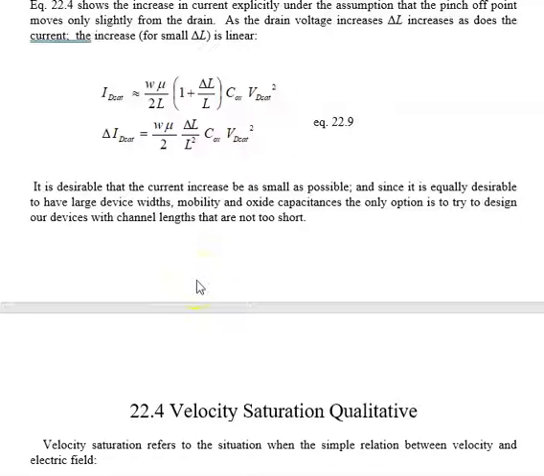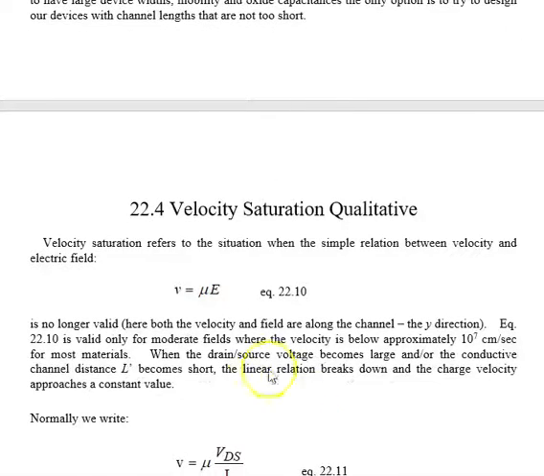So let's now move on to velocity saturation, which is our next topic. It's divided into two pieces. One is a qualitative with very little new material and new mathematics, and then the quantitative, which is a bit more challenging, but I think it's a lot more interesting. So remember that velocity saturation refers to a situation where the linear relationship between velocity and electric field no longer